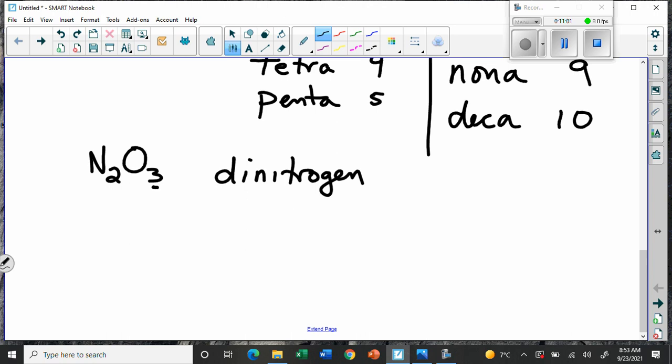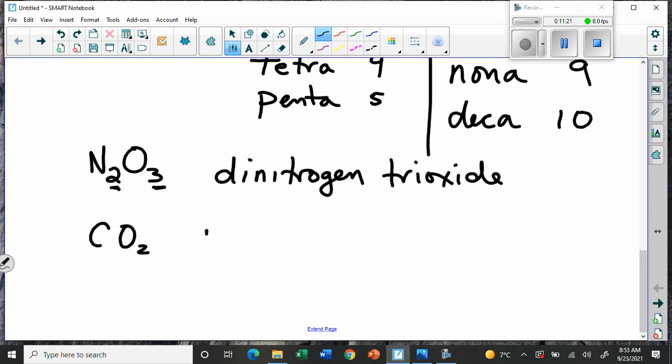And then there are 3 oxygens. Dinitrogen trioxide. That's how easy it is. You just look at the numbers and use the prefixes. And remember, it's the number that hangs down on the right-hand side on the bottom that we use to count, right? To count how many there are. And that's why this one is called